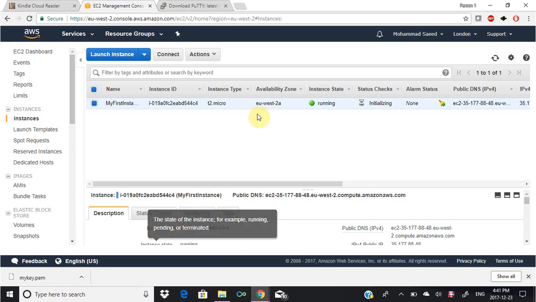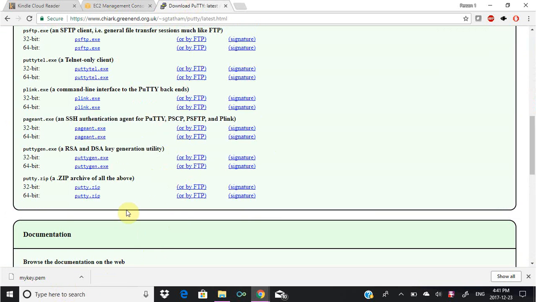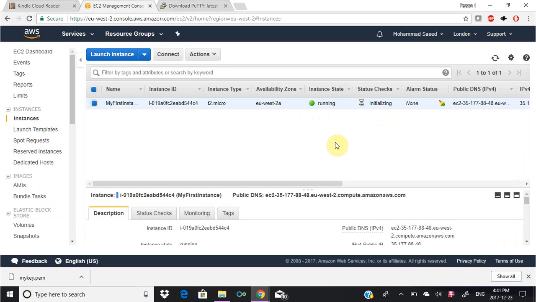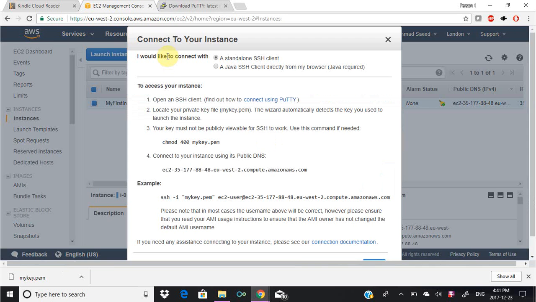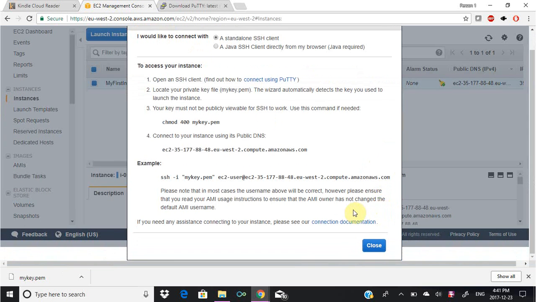So you need to make sure you do that. So make sure you go and download PuTTY and PuTTYgen, and once your instance is running, you can click connect, and you can copy ec2-user at your public DNS right here. So just copy that,